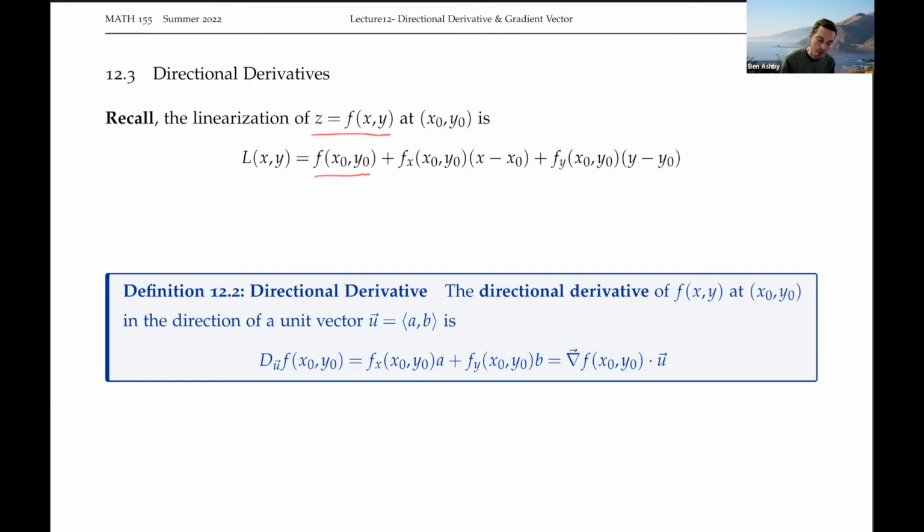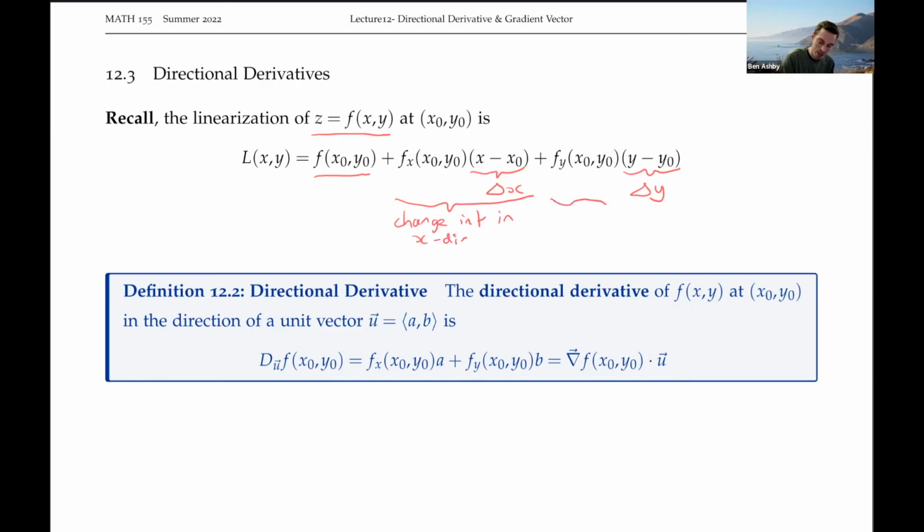approximation. Okay, so what this is really saying here is we've got x minus x0 is the change, the delta in our x values, and here in the y direction, we've got the change in our y values, and the partials are telling us the rate of change in each of those directions. Partial with respect to x is telling us the rate of change in the x direction, and the partial with respect to y is telling us about the rate of change in the y direction. So this first part here is telling us the total change in our function height in the x direction, and likewise